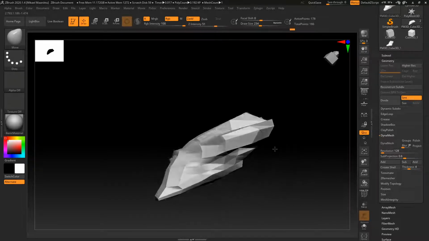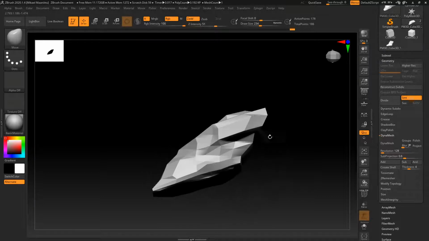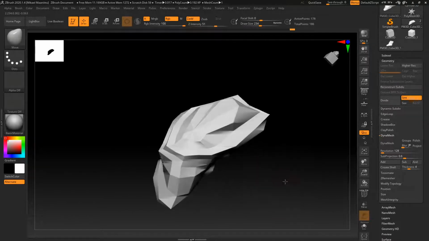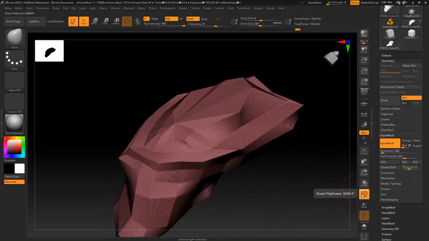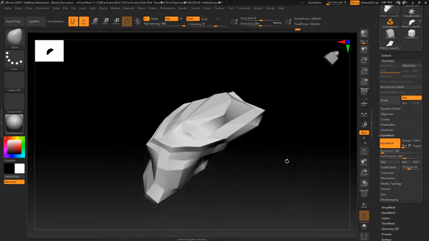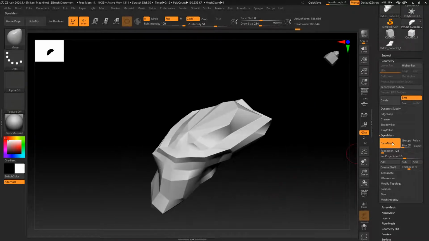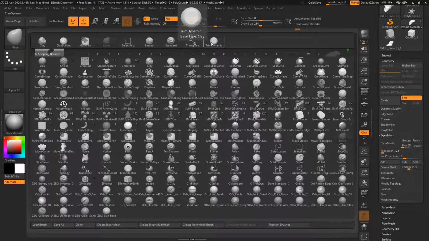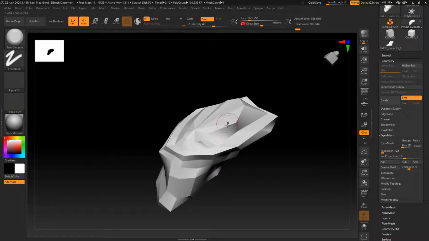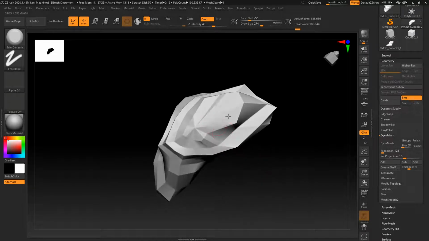The shape is very organic, the primary shapes, but the finer forms we're going to destroy them a bit. So let's dynamesh that, and yeah, okay, that's a good resolution. I'm going to deactivate the dynamesh, and then I'm going to take this trim dynamic brush that I already used a bit in there when I was showing, and then I'm going to